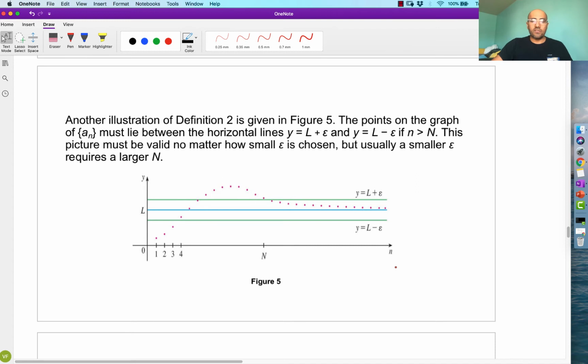Right? So someone is going to choose the epsilon. You're playing this game to convince them. You're like, okay, how close do you want me to be to L? So that person chooses epsilon, right? So that's this distance right here. This little gap right here, this is epsilon. Well, and so is this. They choose epsilon. It's 0.1, it's 0.01, it's some small, tiny little number.